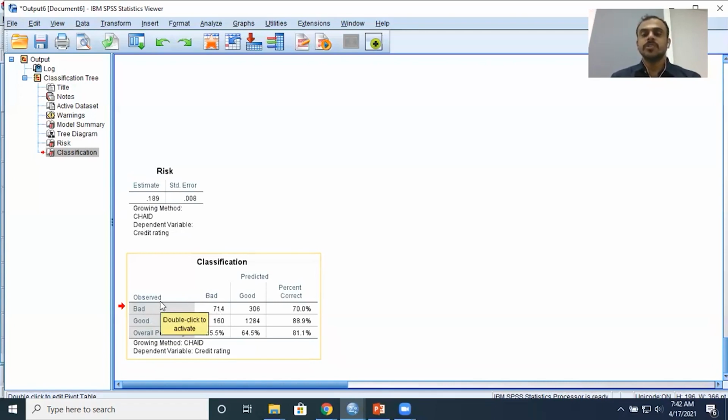So this is about decision tree. Remember the advantages of decision tree. I'm just summarizing it. It's a non-parametric approach. It is very, very simple and easy to use. You will not be spending too much time in data cleaning and such things. And there are many, many different algorithms. One of the algorithms that I've shown here is CHAID. So these are the four important points about decision tree.